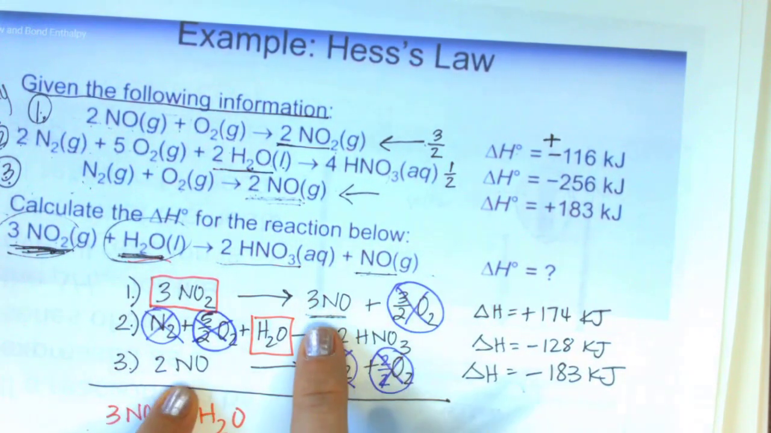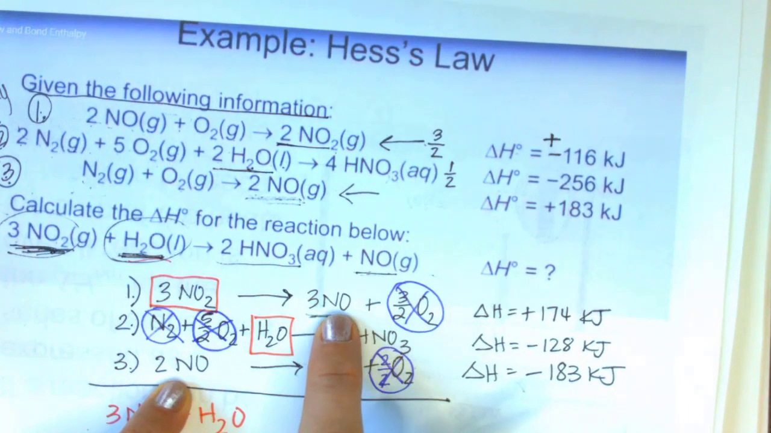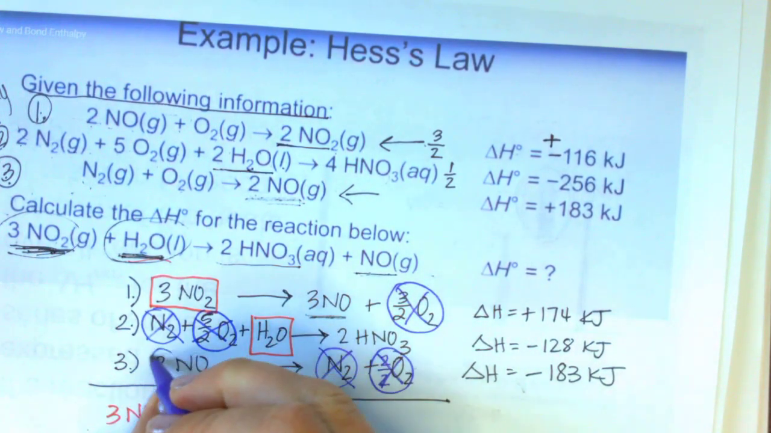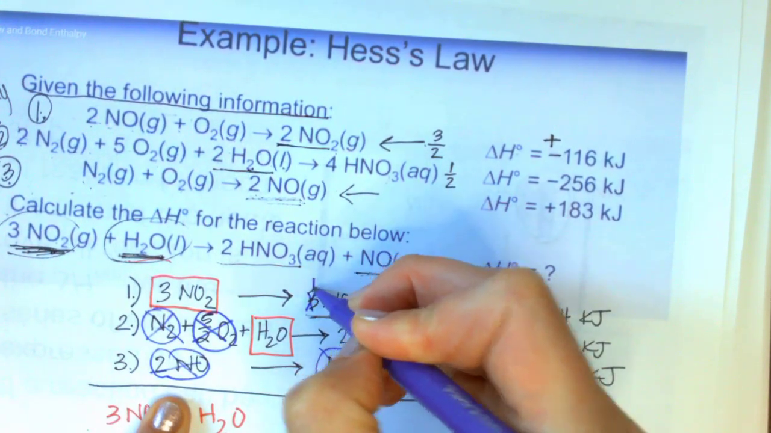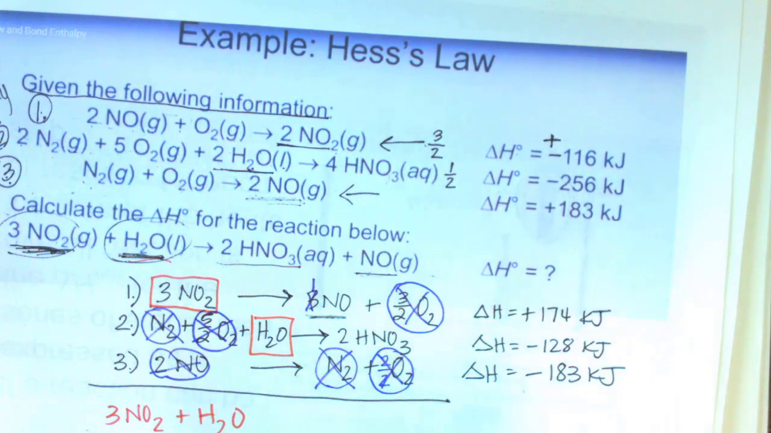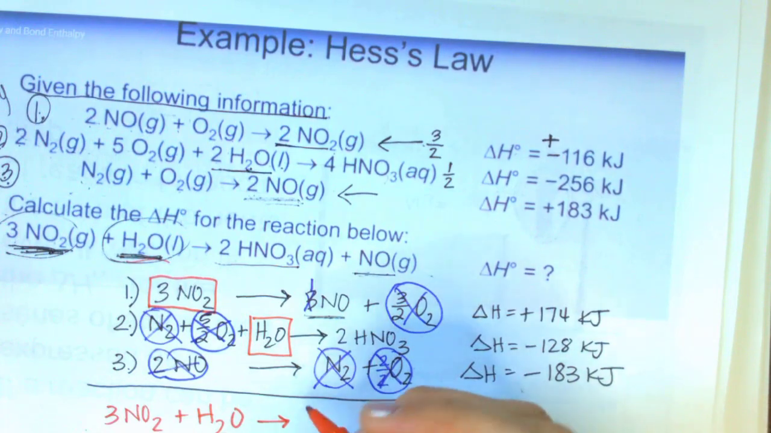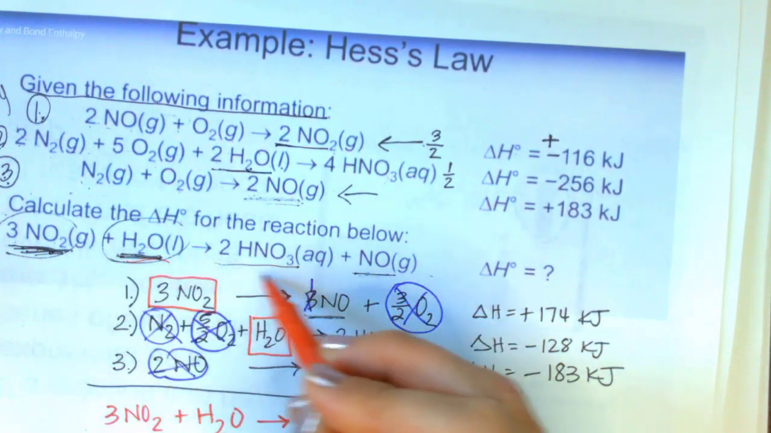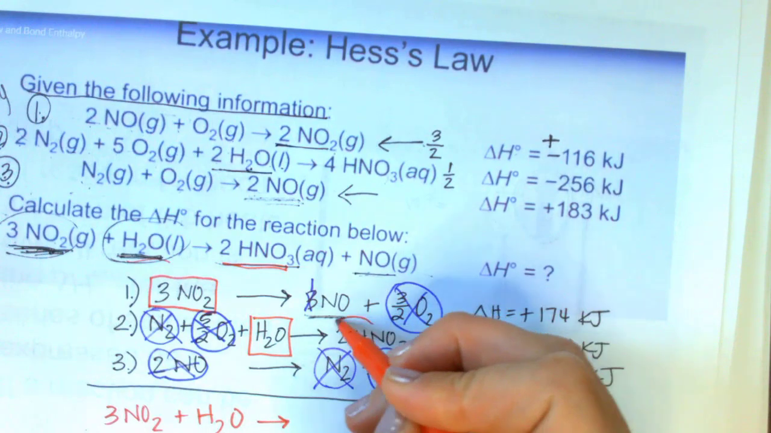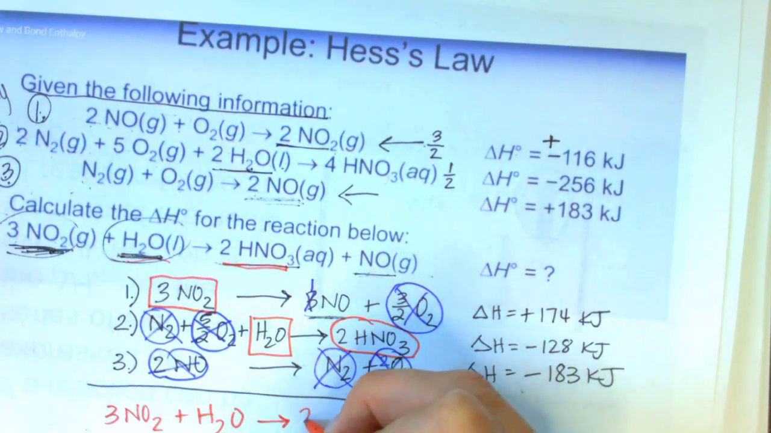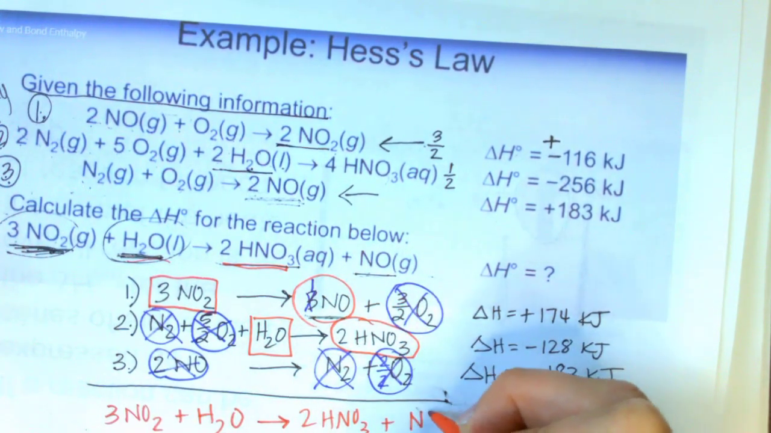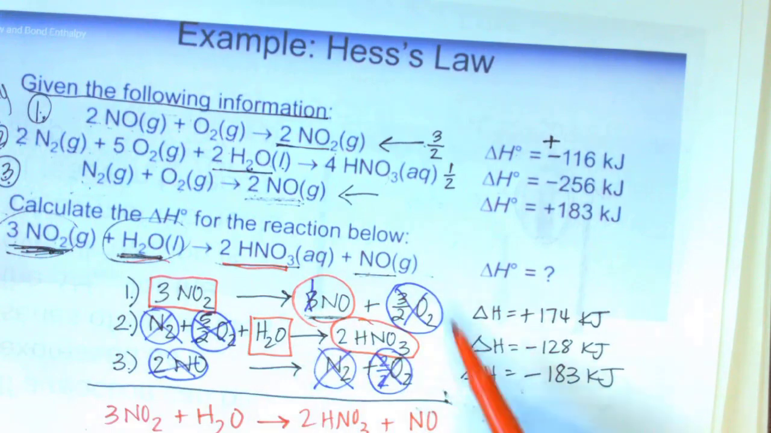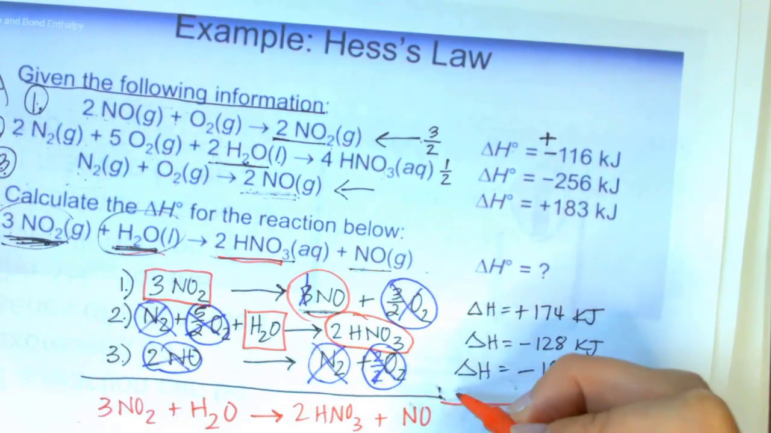Okay, and then we can look at these NOs. On the right I have 3 NOs, on the left I have 2. So this 2 NOs is canceled, and that cancels that 3 down to 1. Now, let's see what we're left with. 1 NO, and I'm just going to write it in the same as this. Do I have 2 HNO3s? I have 2 HNO3s, plus my 1 NO. So because I got this target equation, now all I need to do is add up